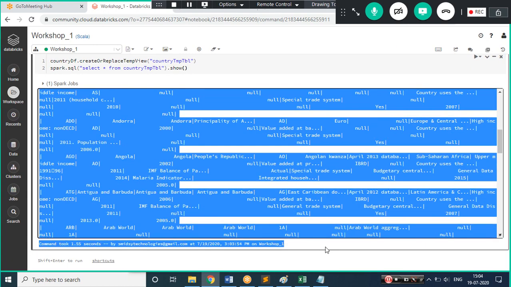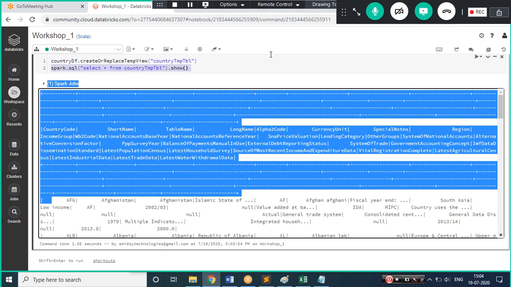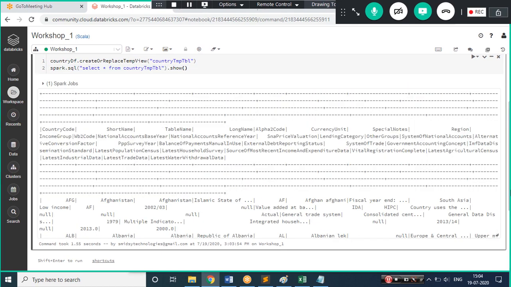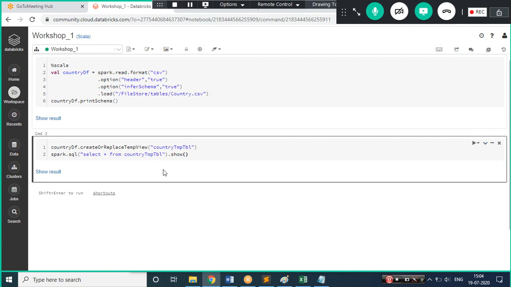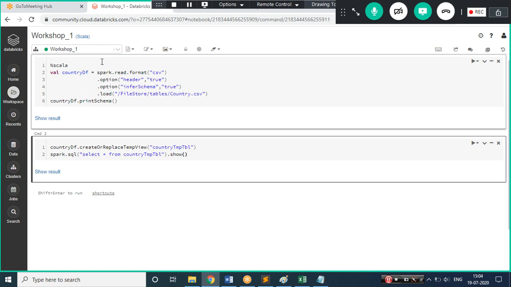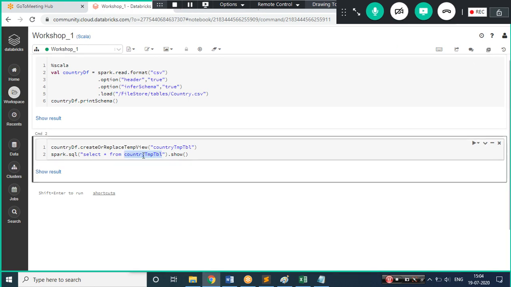Can you see some 5 records? Not 5 records, all the records in a tabular format. We can restrict it to 5, but as of now I'll not do that. Let's move ahead, because I'm just trying to preview the data. Once my data frames are ready, we'll start solving the problem statement. So my first data frame is ready. I have loaded the data and created a temp table.